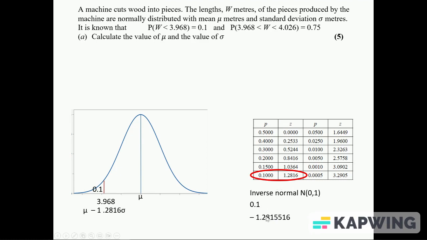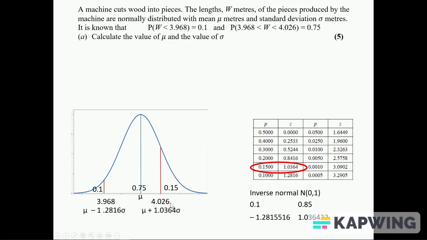Anyway, it's telling us that because the Z value is minus 1.28, then this 3.968 is the mean minus that many standard deviations. In between 3.968 and 4.026 is 0.75, which leaves 0.15 for this area here. If I look up 0.15 in my table, which is 1.0364, the area to the left, though, is 0.85, so that'll give me the proper Z value, which is 1.036432,